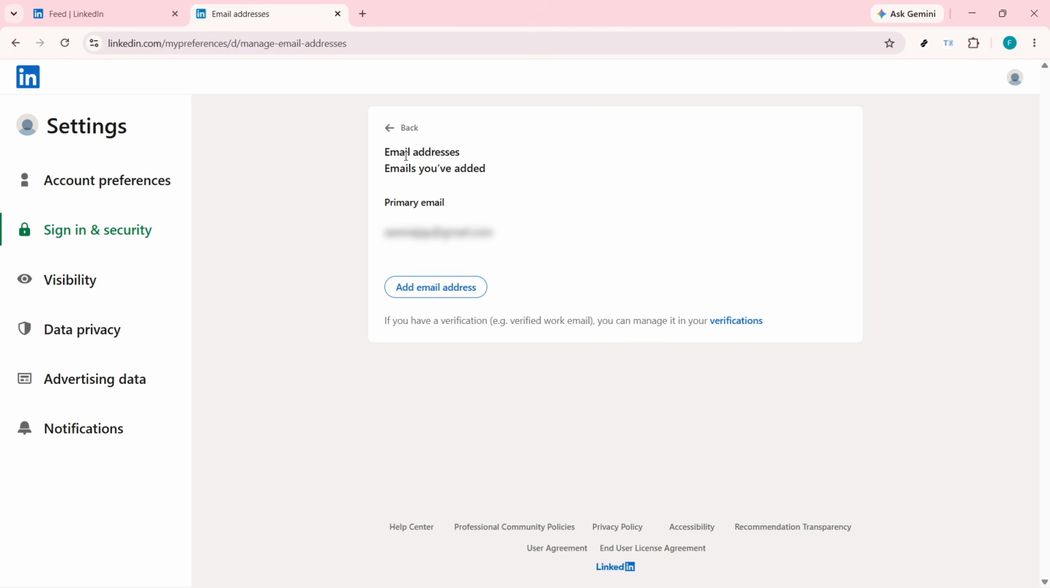And that's it. That's how to find email addresses on LinkedIn. Just go to your feed, open the Me menu, select Settings and Privacy, head into Sign In and Security, and